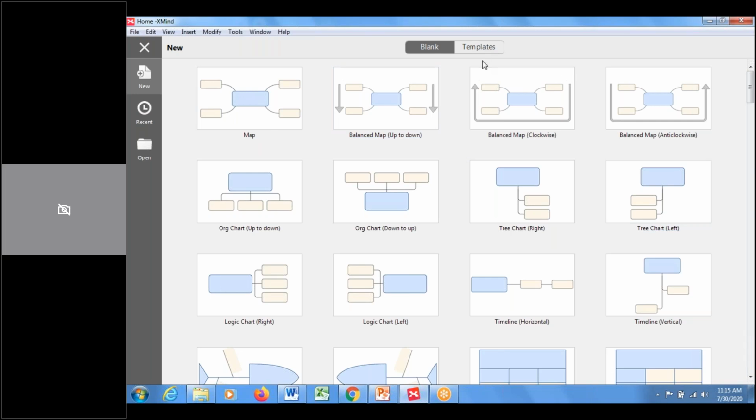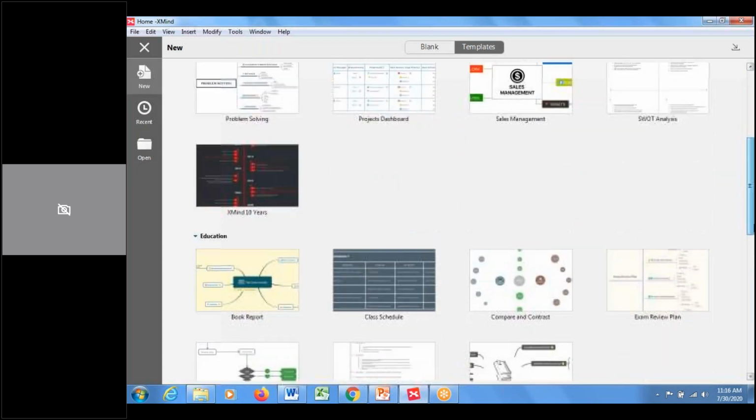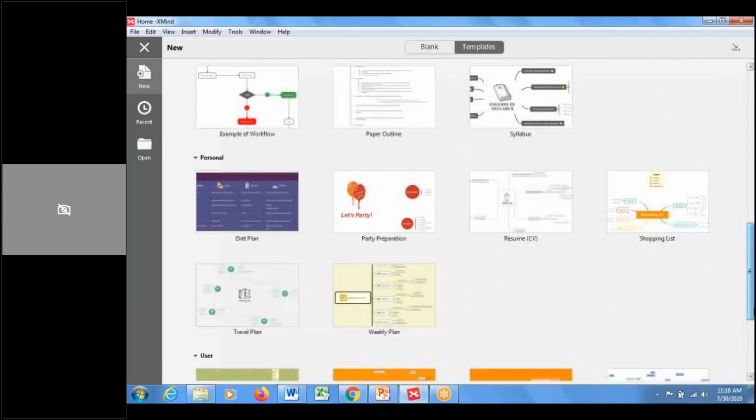Otherwise, click on templates. The software gives you a set of templates, ready-made formats available along with XMind software. If you are interested, you can even choose any one particular template, just change the words, and make use of the available ready-made templates.